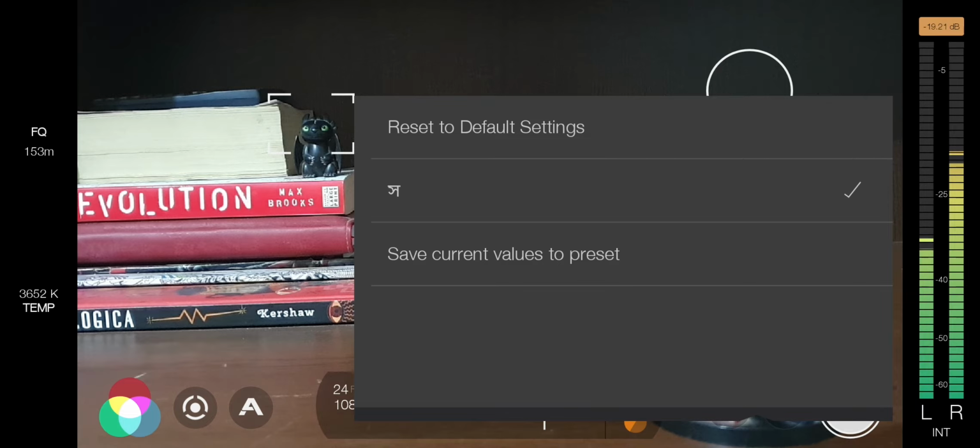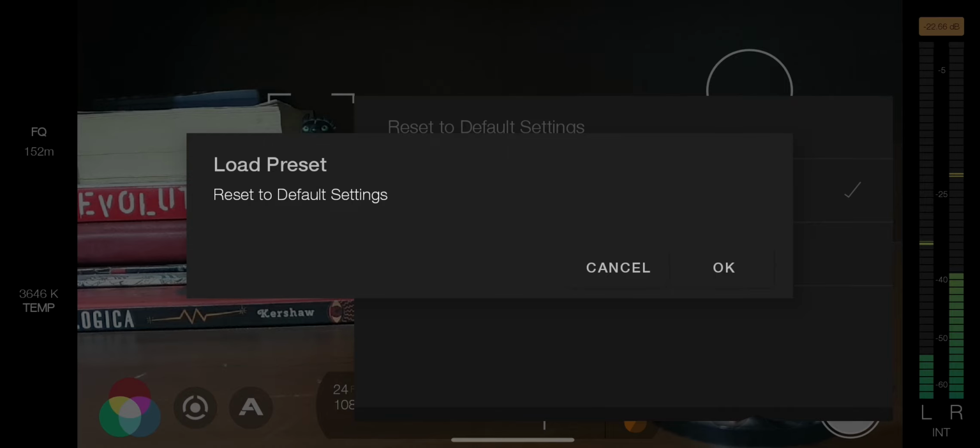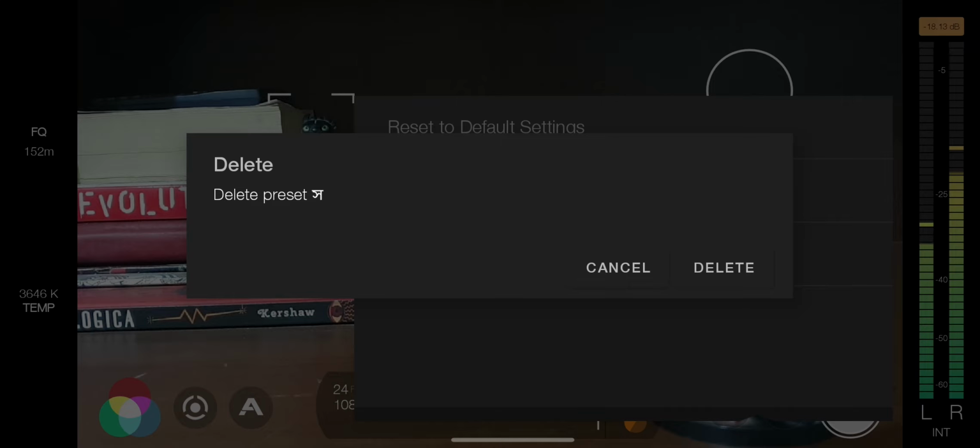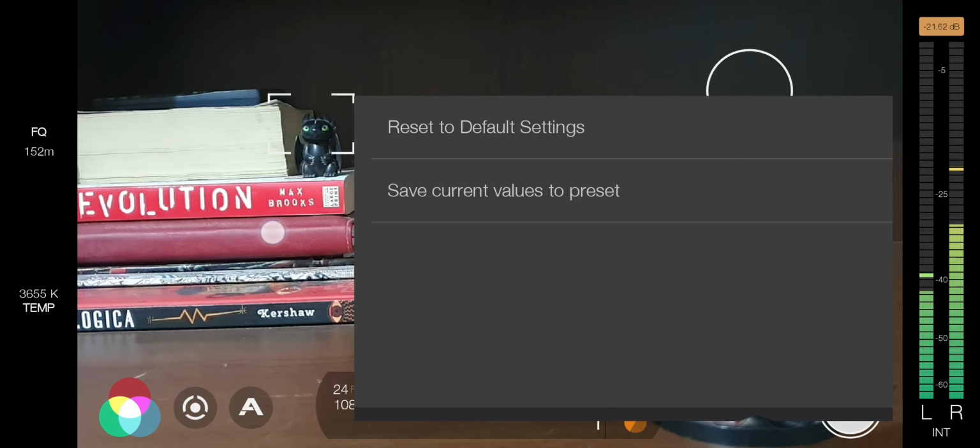This is my preset. If I come back and press this, then my setup will be this. But now I want to go back to the default settings, and you can also delete a preset by long pressing it. So that's that.